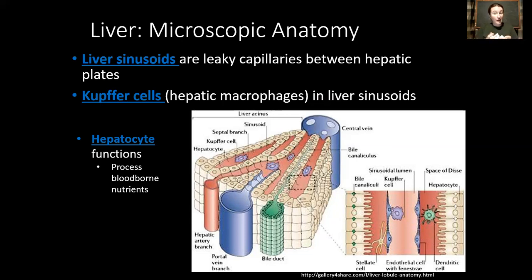This is a very abbreviated list. We really are talking about hepatocyte functions throughout this entire course, but I just want to summarize a few of them for you now. First of all, they process bloodborne nutrients, right? So the nutrients that we just digested and absorbed within the intestines are now going to be processed here. And shortly, we're going to talk about glucose metabolism and essentially how it's the liver's job to regulate how much glucose and other nutrients are stored and how much fat we're making, et cetera, versus how much is circulating in the body. So really it is the liver's job to make sure that the entire body is fed.